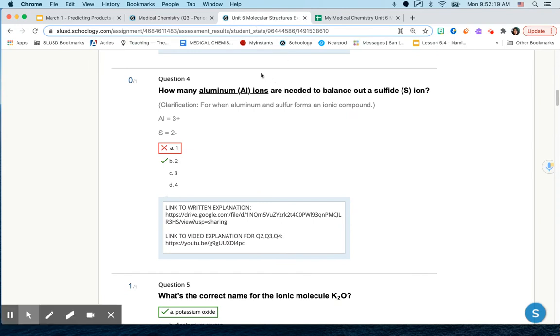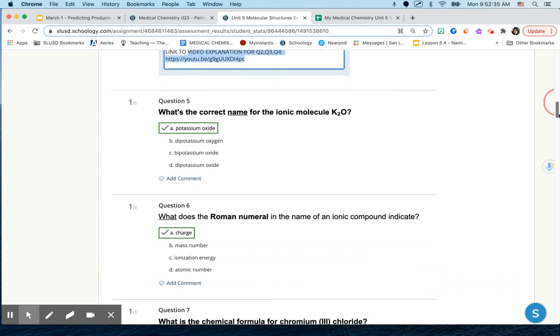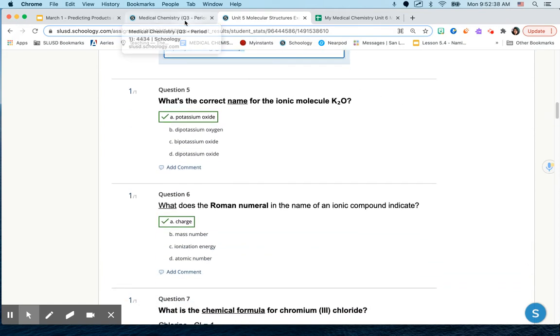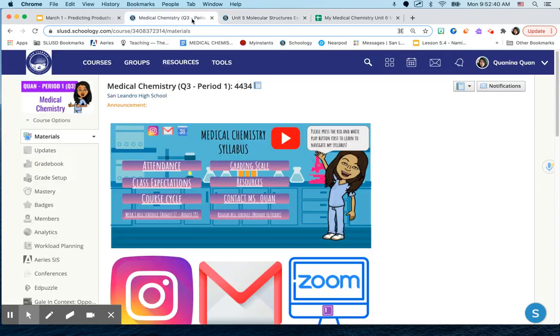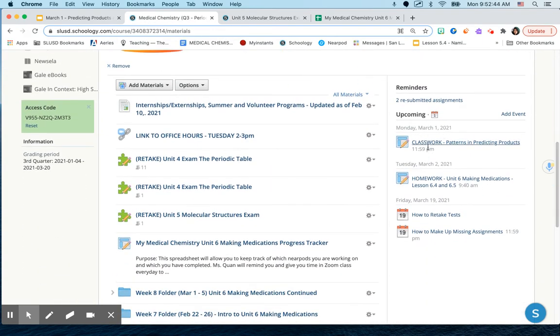Right, and you open up the Unit 5 exam. Underneath every question that you get wrong, it will give you a link to an explanation, either in written form or a video of me going over how to solve the problems, right? And once you do this, you can complete the retake documents located here on the upcoming side that says how to retake tests. So if I click on that,